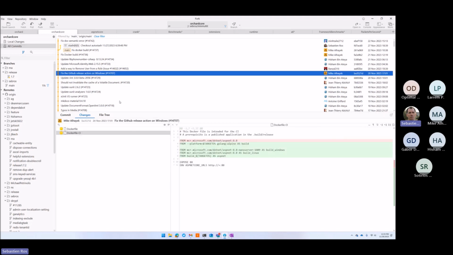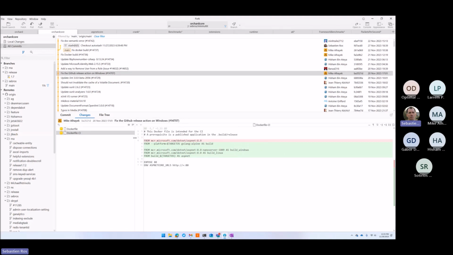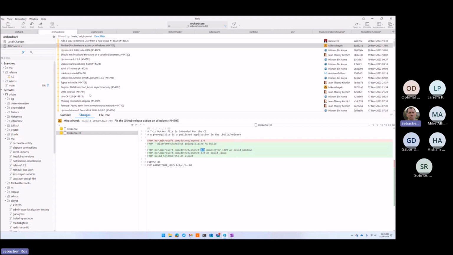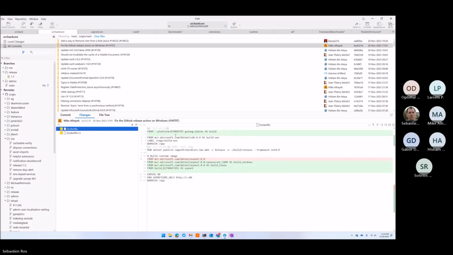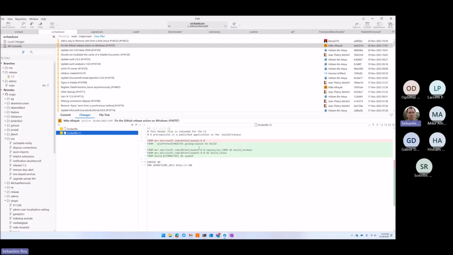I will explain what's happening here for those who don't know about the issue. When you updated the images for 8, something broke, because before 8, the images for ASP.NET, not for the SDK, not this one, the image for ASP.NET is not multi-arch anymore.